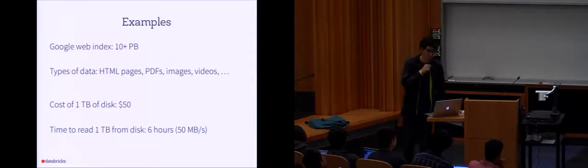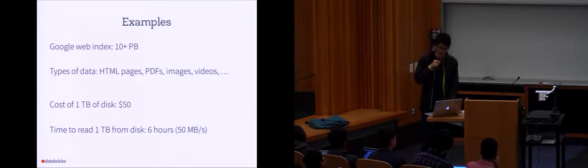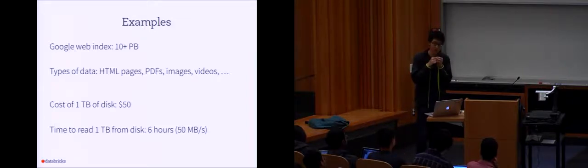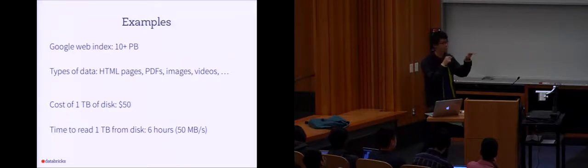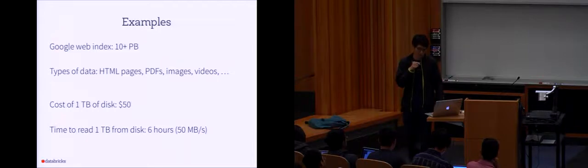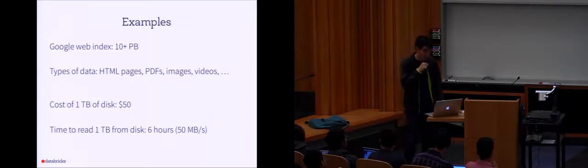And so hopefully you don't need to do that. But even with that many, just within a single drive, the throughput you can get out of them is fairly low. Let's say you just want to read a terabyte off a single drive at about 50 megabytes per second, which is probably pretty good for very low-end commodity hard drives. For the high end, you can probably get to about 100 megabytes per second. It will take you almost 6 hours to do this.